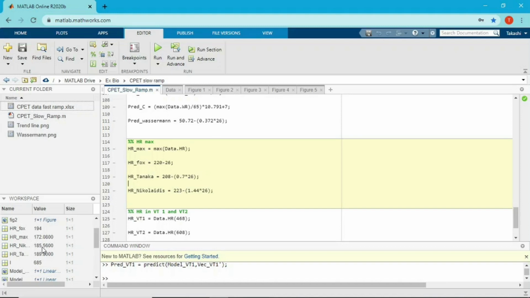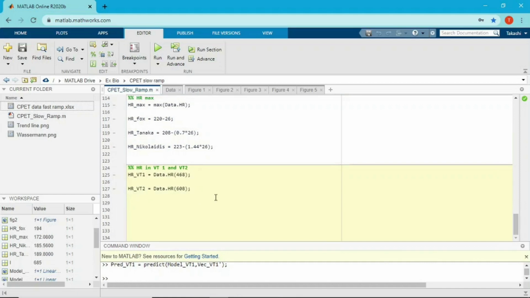So all of the predicted heart rate max values overestimated my actual heart rate max. You can check your heart rate max by using a heart rate monitor, and it's not really expensive. It should be available around you, or simply you do maximum exercise and check your pulse. But before the exercise, that's how you can estimate your heart rate max by using age.